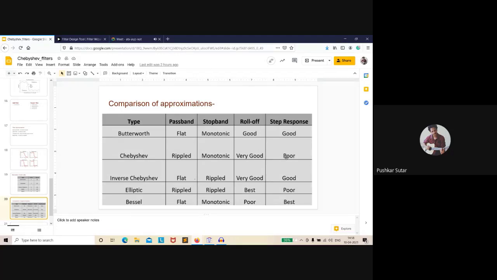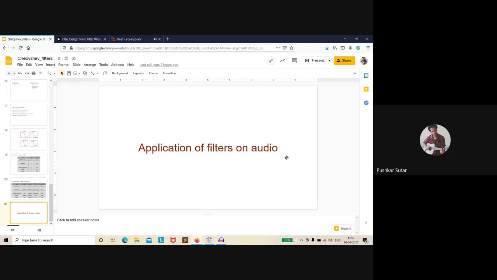After this, let us look at one more interesting application of all these 4 kinds of filters, correct? Are you guys enjoying this? Can I see a few raises of hands? Do you want me to continue? Can I see a few more? Fine. So let's look at the application.